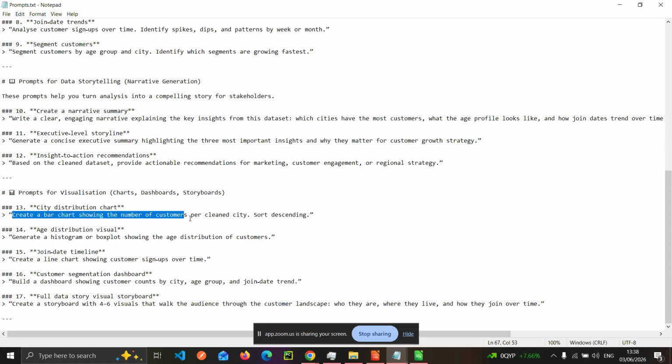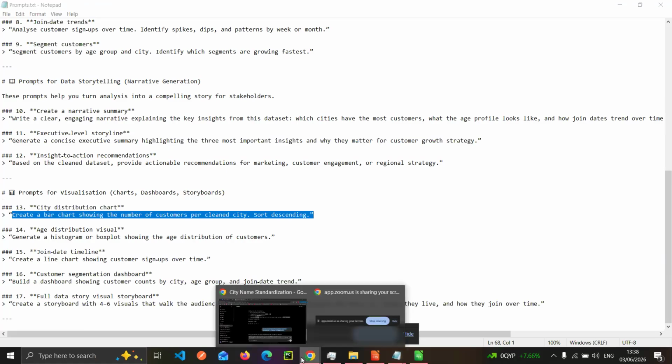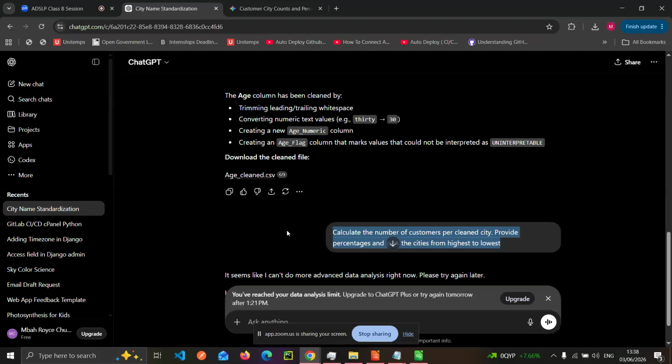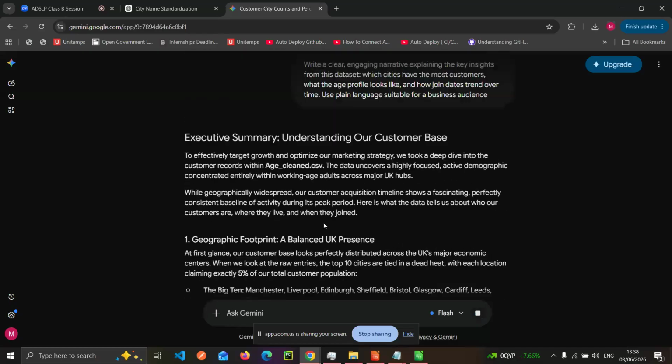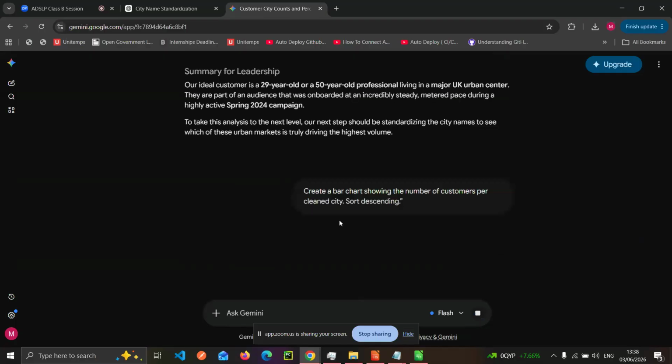We could use this as one of the prompts where we say, create a bar chart showing the number of customers per clean city and sort it in descending order. Going back to Gemini.